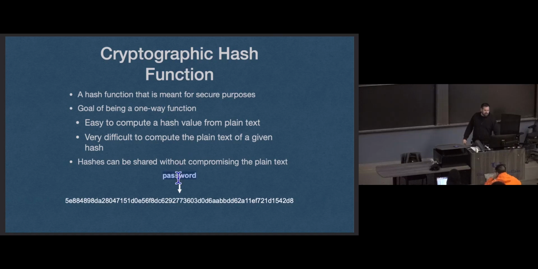So if I have some password that is the literal string password, and I hash it using SHA-256, which is the hash function I'll talk about, this is the hash of that value, and this is what's stored in the database. I'm going to store this hash in the database with the assumption that nobody can take this hash and compute